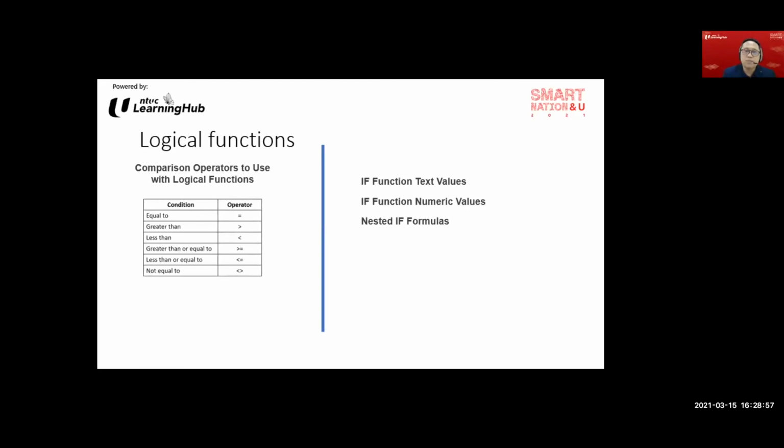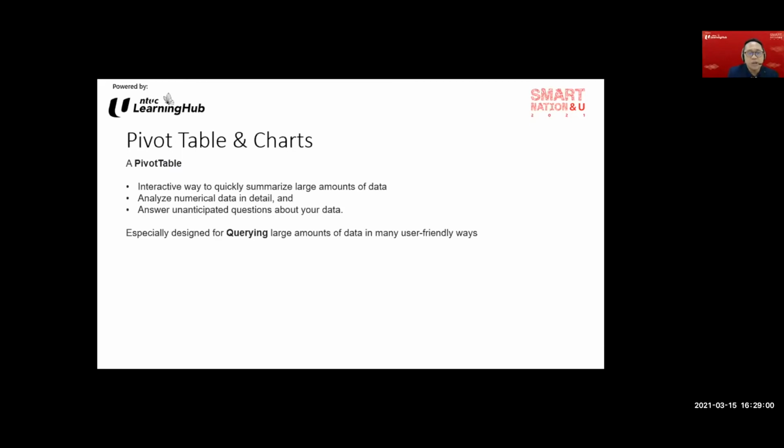So in this particular segment here, what I'm going to touch on is making use of pivot tables and chart. Because when we talk about pivot table, right, it can be very interactive in terms of your ability to quickly summarize large amount of data. Just imagine you have like 1,000 lines and 60 columns of data to analyze, right? How do you go about? Can you go line by line? The answer is insane. Thank you so much, Aiman, for asking that question.